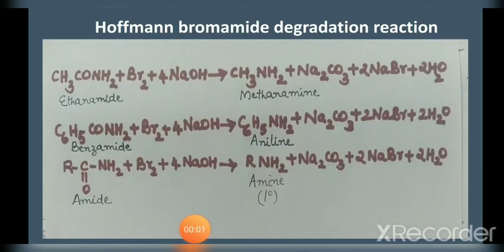Next method of preparation is Hofmann-bromamide degradation reaction. Using this method, both aliphatic and aromatic primary amines can be obtained. An amide RCONH2 is made to react with bromine and ethanolic solution of sodium hydroxide to get a primary amine